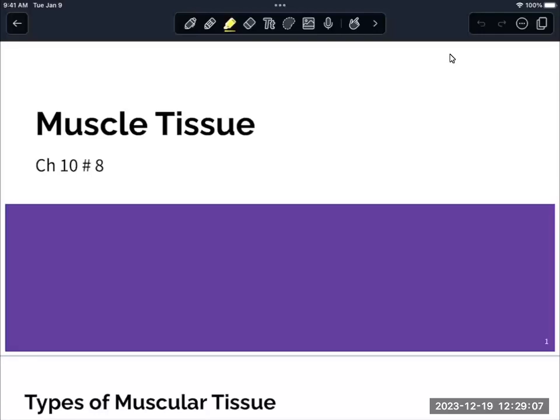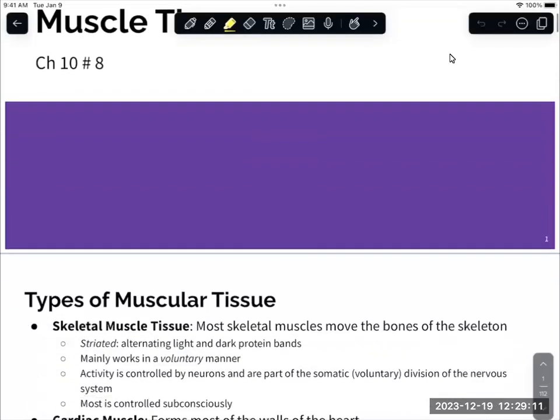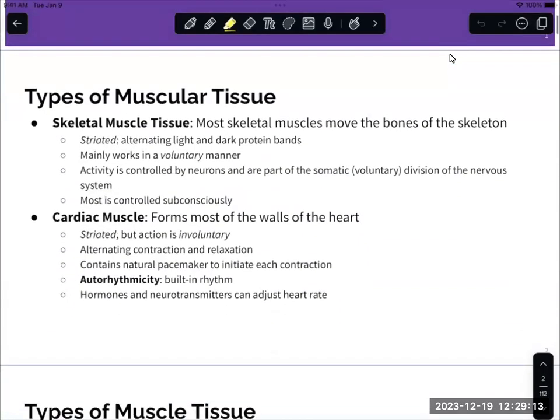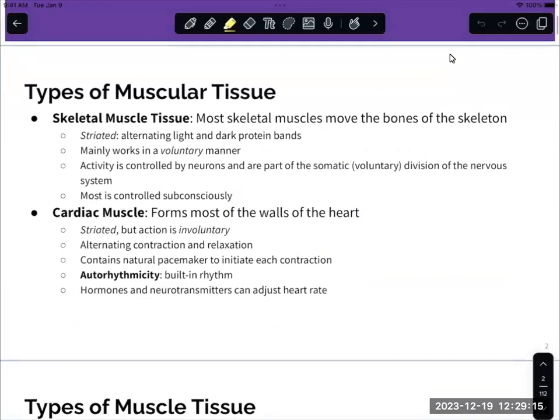Hello. Today we are going to talk about muscle tissue. When we were in the tissue chapter, we mentioned that there are three different types of muscle tissue. So if we look, our first type, skeletal muscle, this is going to be the main focus of this chapter